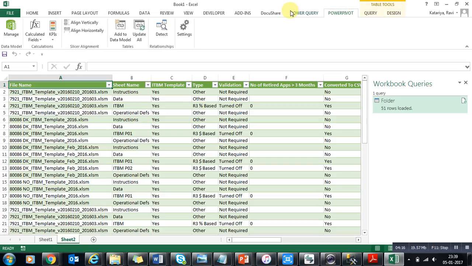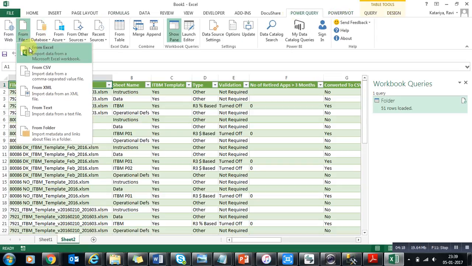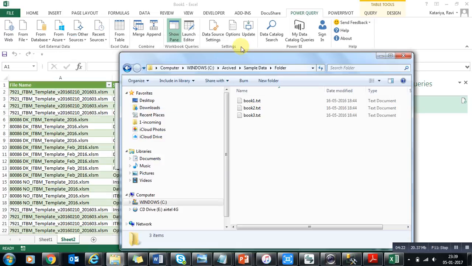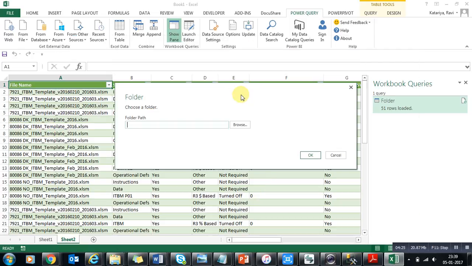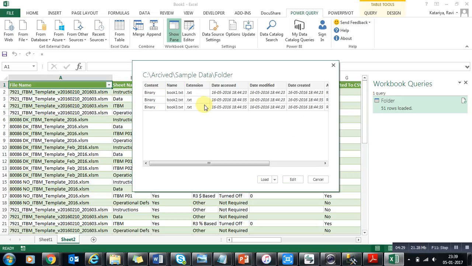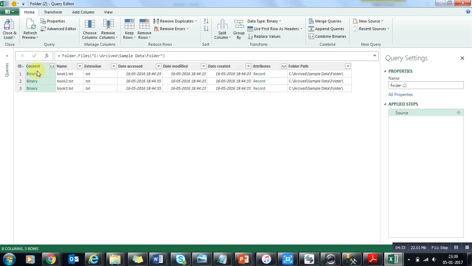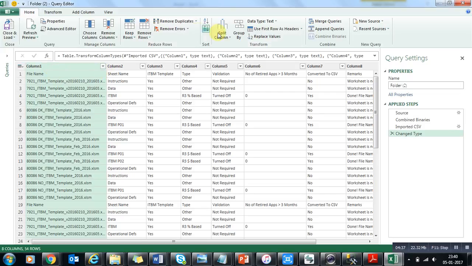You can add that folder also here. Let's suppose I have one more folder, which is this. It's a different location, but I'm doing the same to show you as an example. So right now I will go to the edit, then I will combine this. Now I make this first as header.